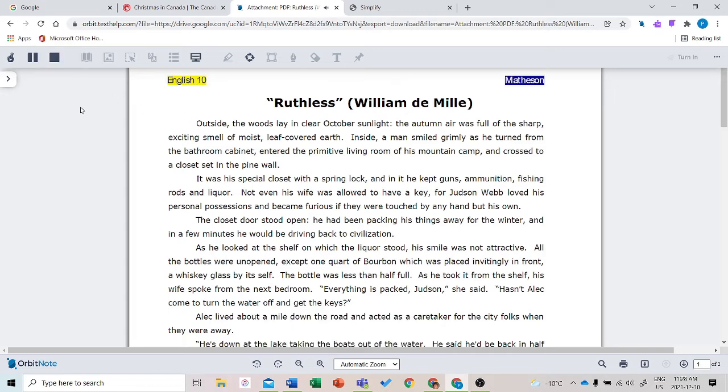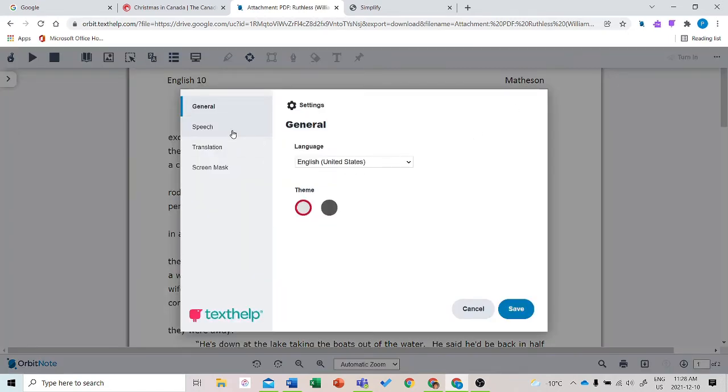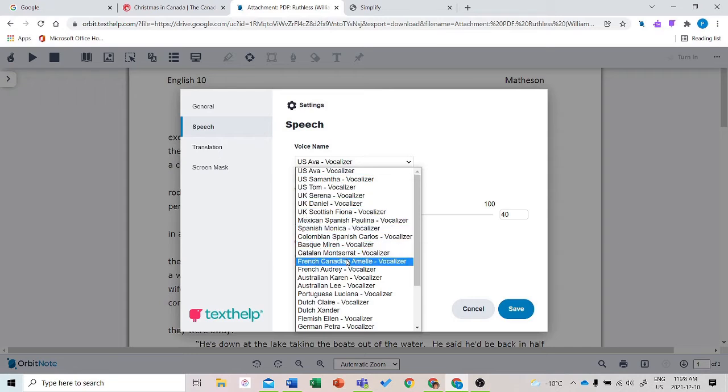English 10 Mason. Ruthless, William DeMille, outside, the woods lay in Can change the speech settings and have it so